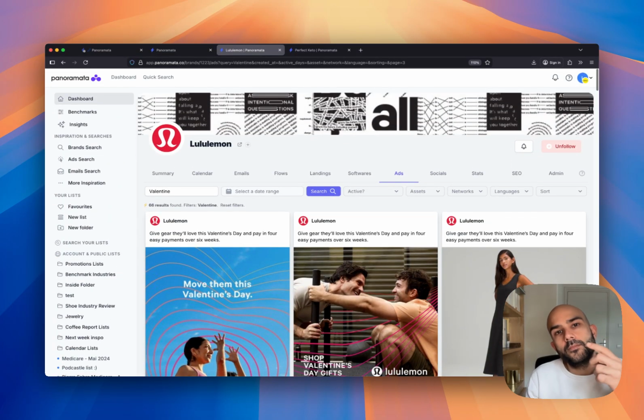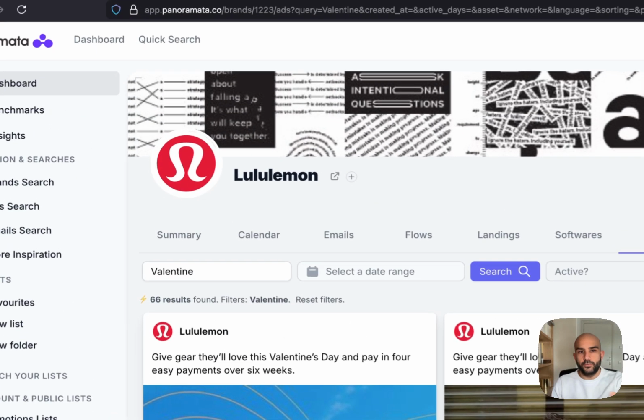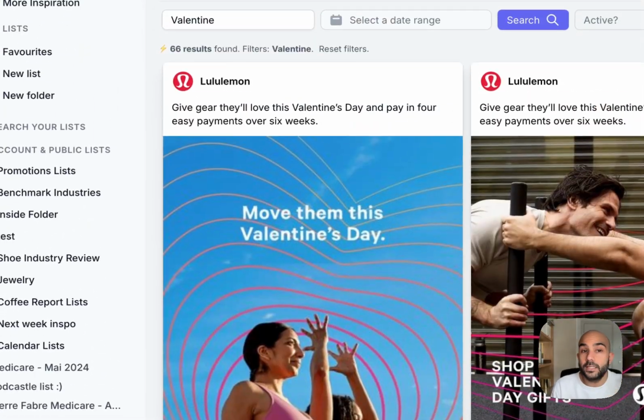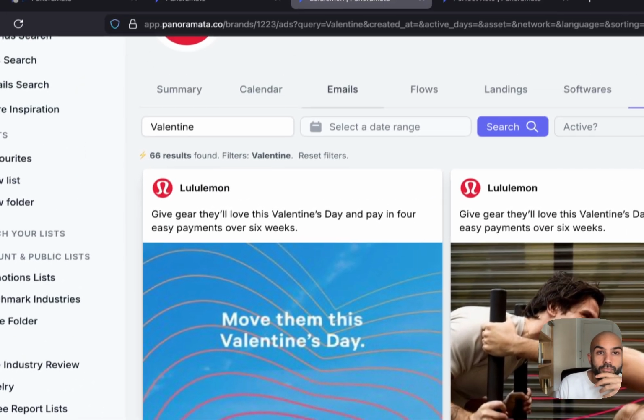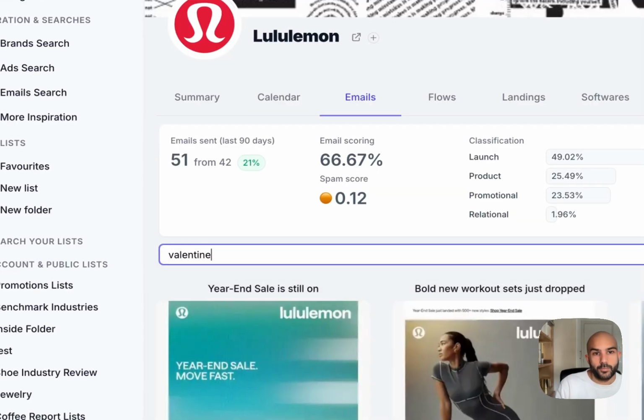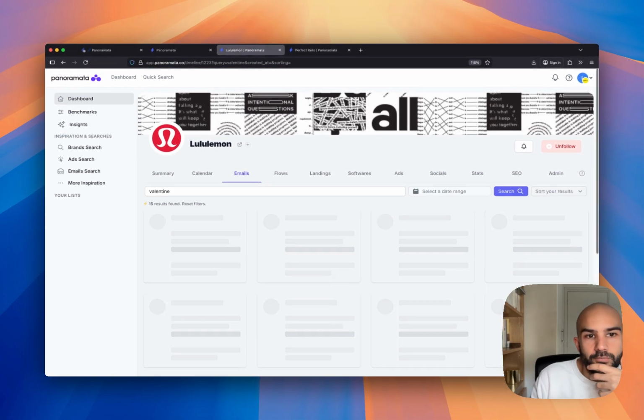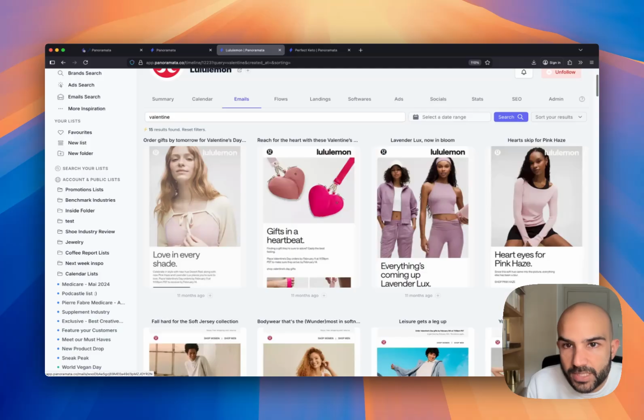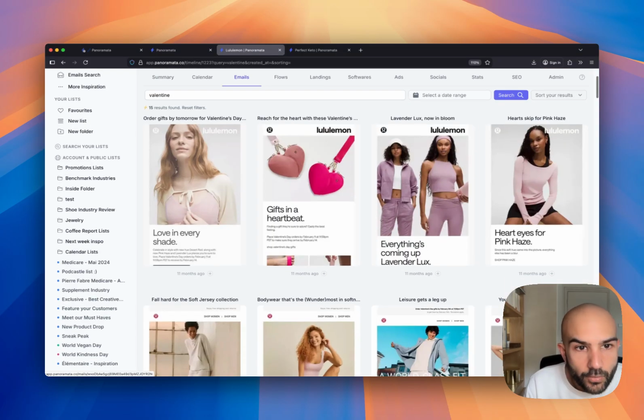Interesting. So we've collected the data. We've been able to analyze a bit the different kinds of campaigns here. We've done it for Valentine's Day. We can see their content calendar. We can see the kind of emails, ads, and landing pages that they might be running too. I'm going to go on the email side of things. I could do the same type of Valentine search and see every single email that they've been sending for Valentine's Day right away,